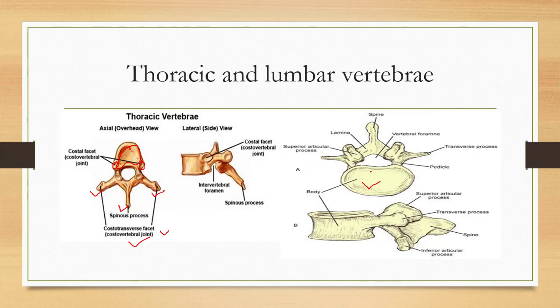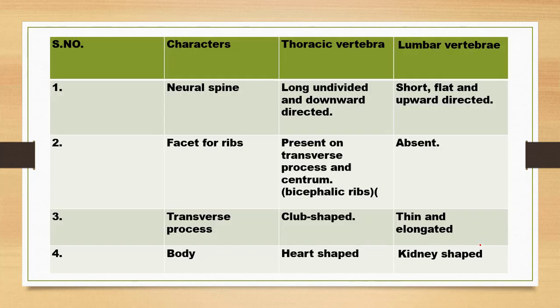And this is the diagram of a lumbar vertebrae. So lumbar vertebrae are really strong, and the body of lumbar vertebrae is bean shaped or kidney shaped, and it is very strong, or I would say it is one of the strongest vertebrae among cervical and thoracic vertebrae, because it has to bear the entire weight of the body, and it has a strong transverse process, and the spines are pointed upwards. So basically the spines are very strong, and they bear the entire weight of the body.